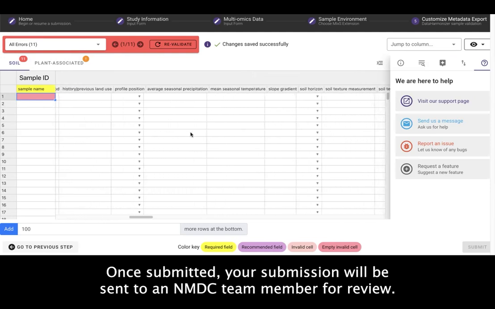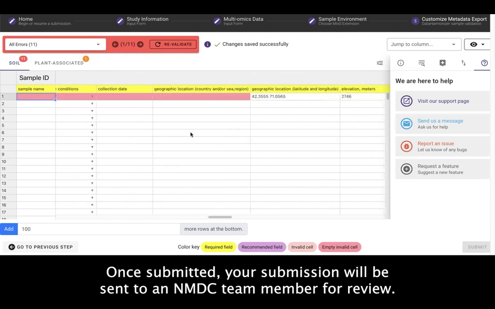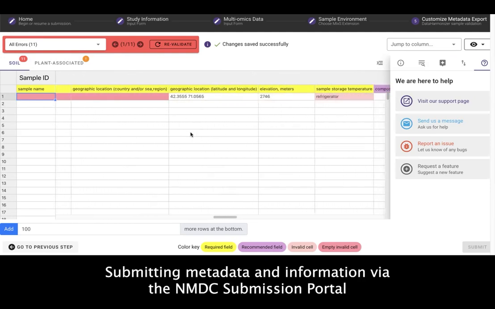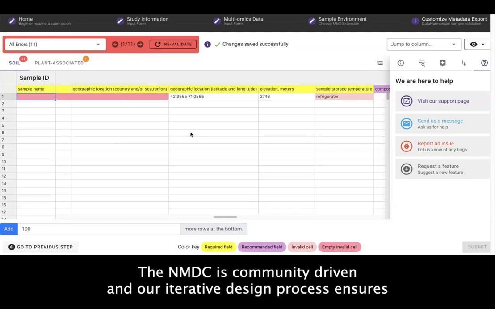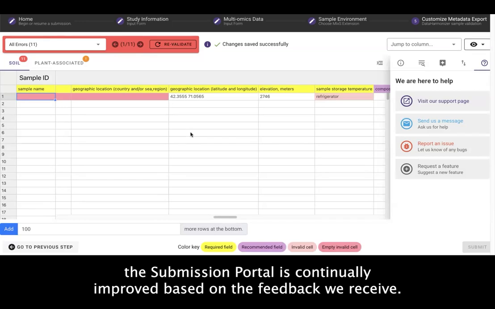Once submitted, your submission will be sent to an NMDC team member for review. Submitting metadata and information via the NMDC Submission Portal does not trigger immediate release or access via the NMDC Data Portal. The NMDC is community-driven, and our iterative design process ensures the Submission Portal is continually improved based on the